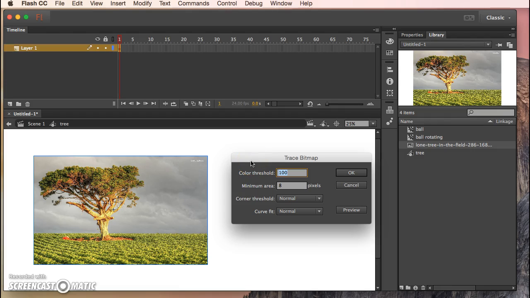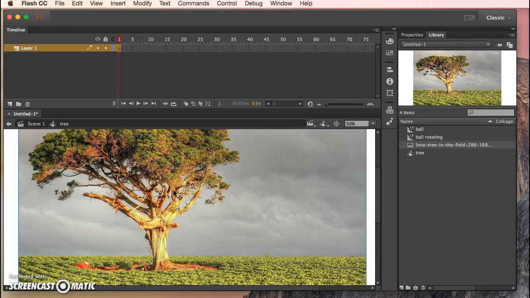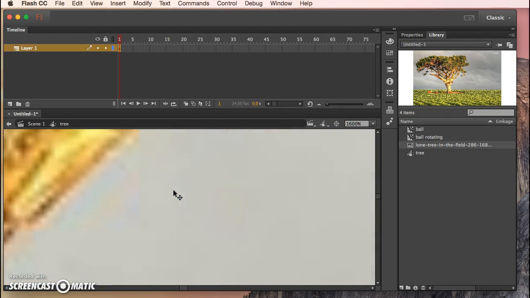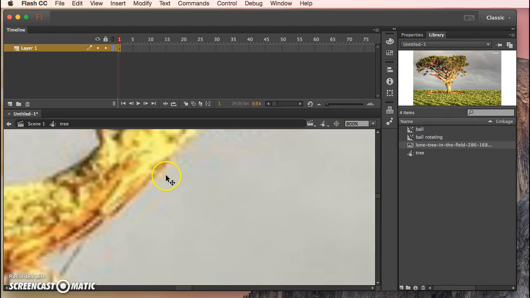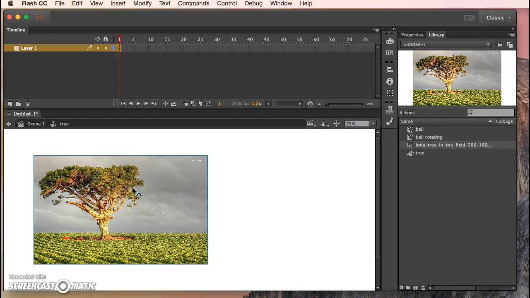It's going to lose some of its photographic quality, but not a ton of it. Before I do this, I'm going to zoom in and show you. Okay, this is a photograph. You can see, and hopefully know enough about digital photography, that we're starting to see pixels, and that's how this is visually rendered. Okay, I'm going to zoom back out,